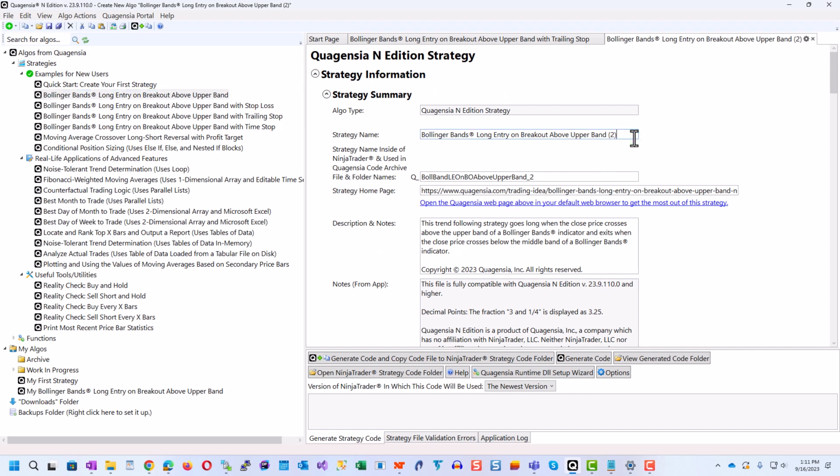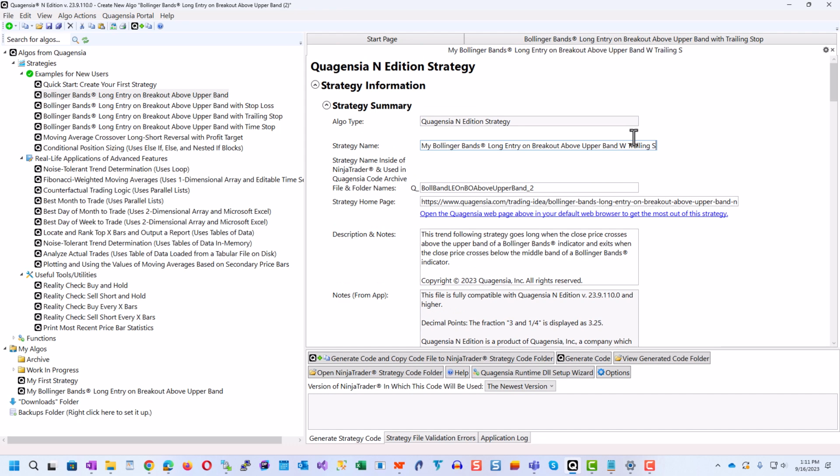We will say My Bollinger Bands long entry on breakout above upper band, and we will say with trailing stop.